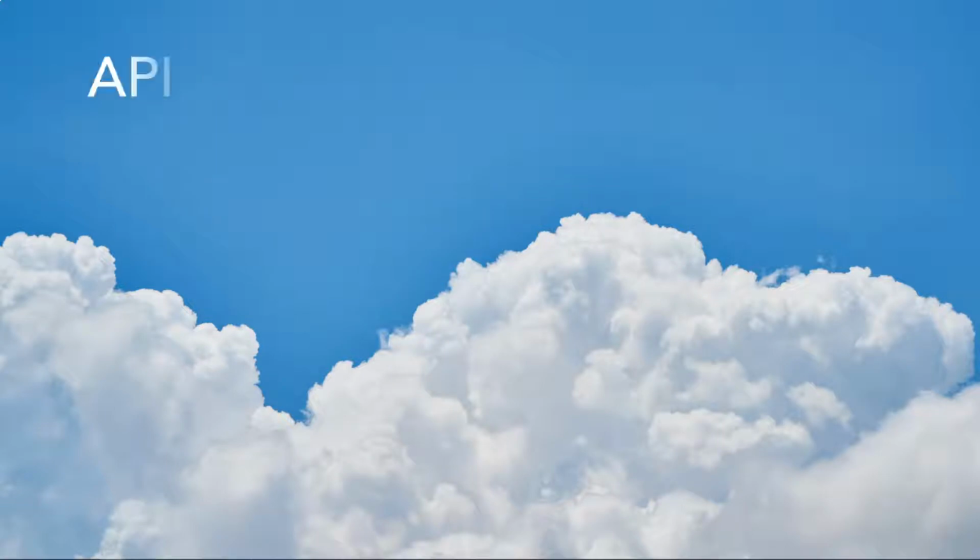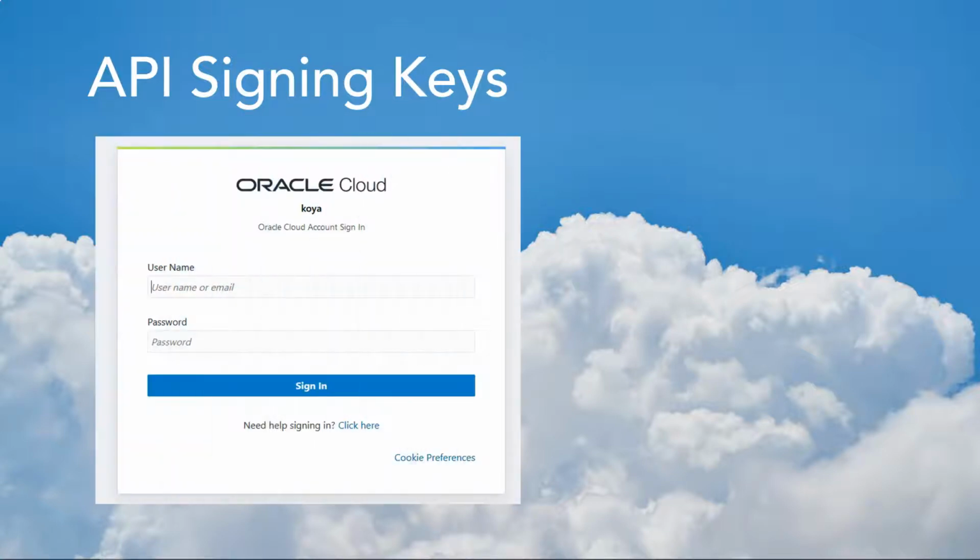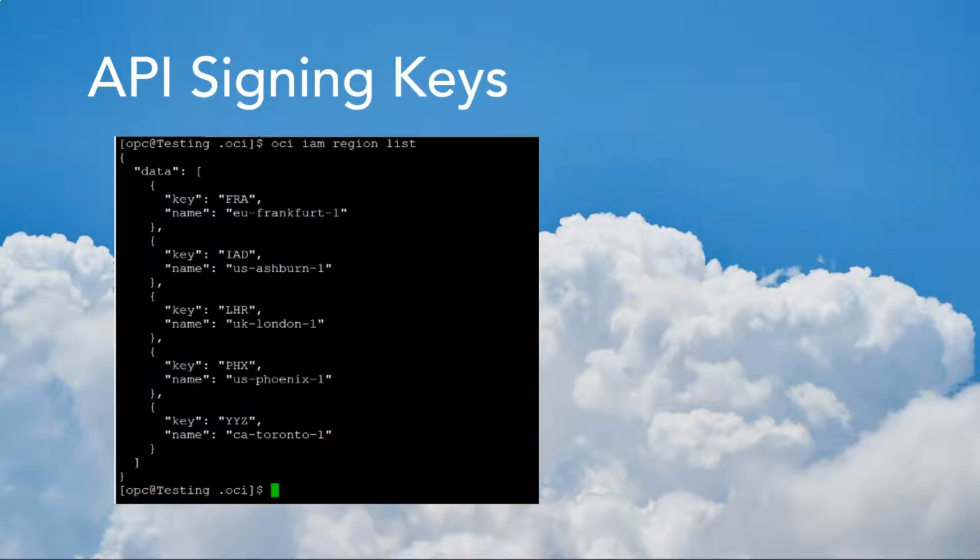Now let's talk about API signing keys. Usually, if you want to spin up an instance in Oracle Cloud, first we need to log in using our user ID and password. That's the way we are authenticated. Do you know there are other ways to manage Oracle Cloud resources? For example, spinning up an instance or managing user security through the command line interface. This is when API keys come into the picture to authenticate you against Oracle Cloud.